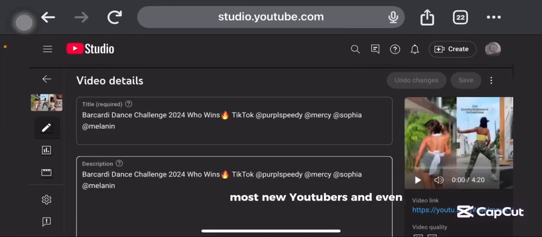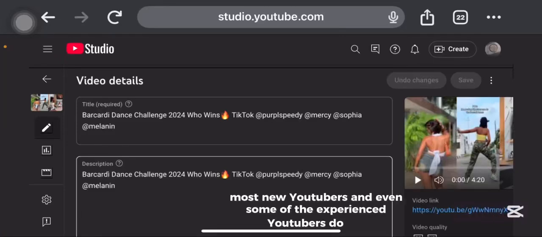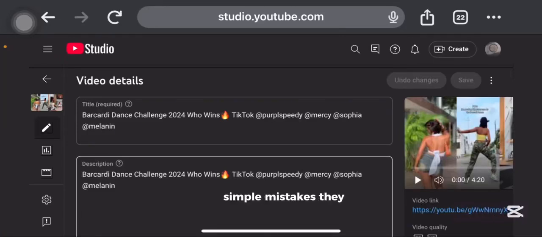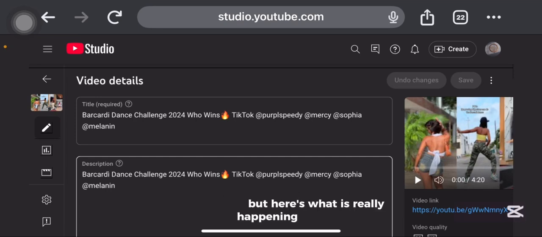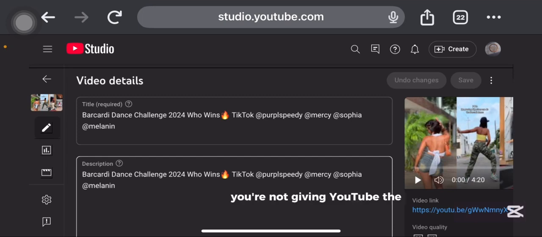Most new YouTubers and even some of the experienced YouTubers make these simple mistakes. They hit publish the moment they upload their videos. But here is what is really happening behind the scenes. When you upload your video directly to public, you're not giving YouTube enough time to process your videos,